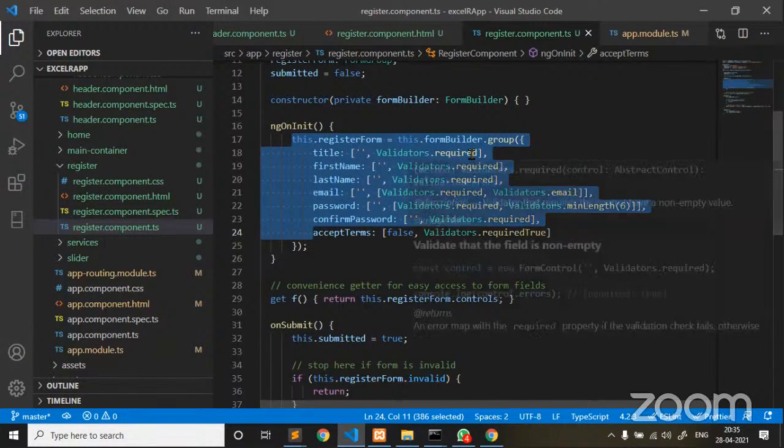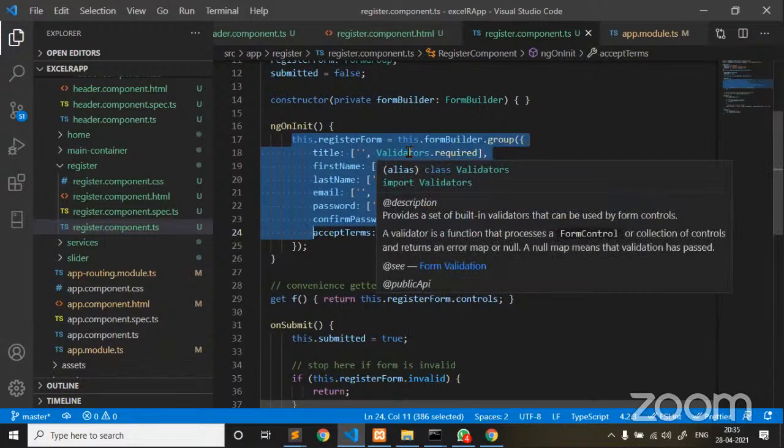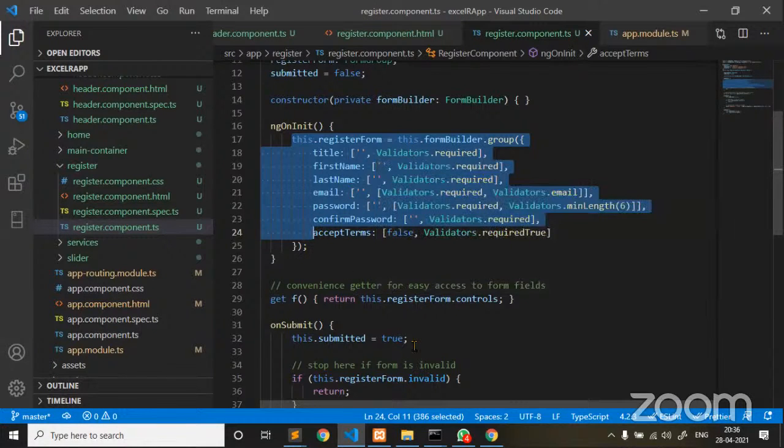Now the validation rules will also be taken care of by the validator class. If you guys want this source code, I'll also upload it to GitHub, and I'll give you the link maybe